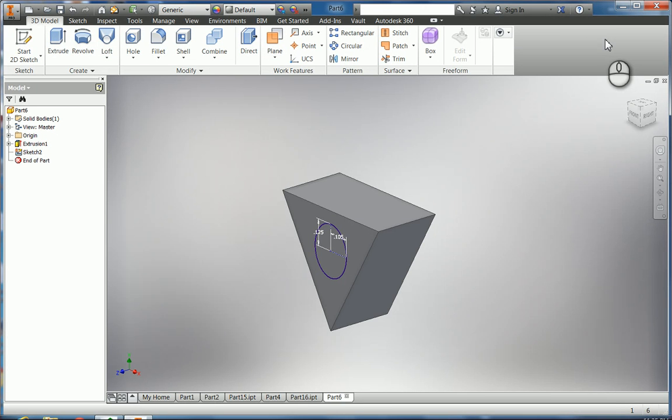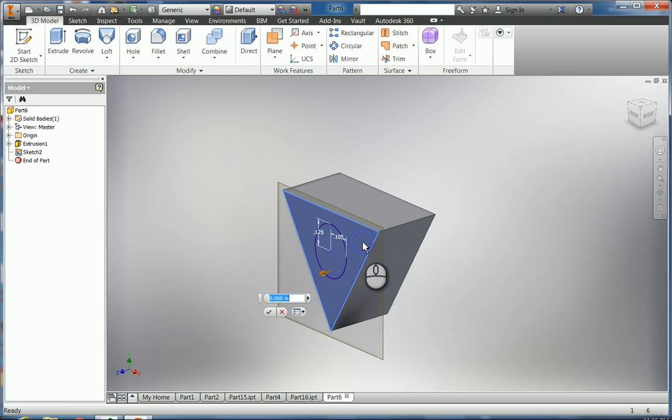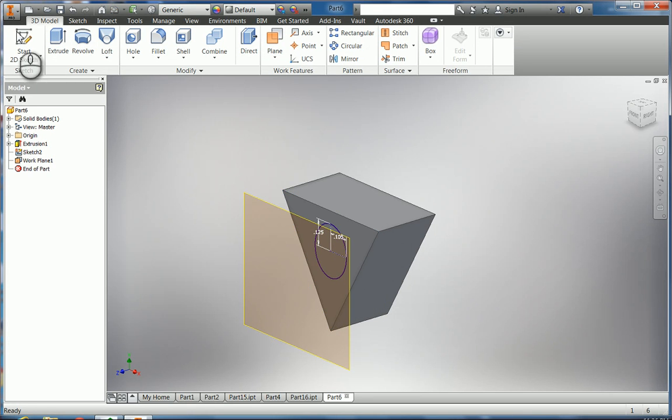And now I'm going to make another sketch. So I want a loft, so I'm going to get an offset plane right here, and I'm going to come up. The first loft is 0.19 inches, so I'm going to go 0.19 inches. Come up there. I'm going to start a new sketch on that plane,